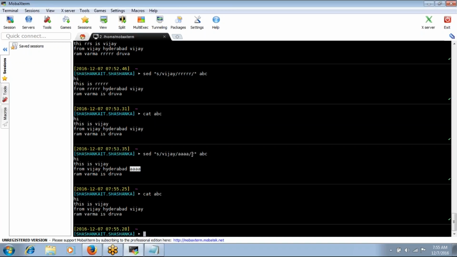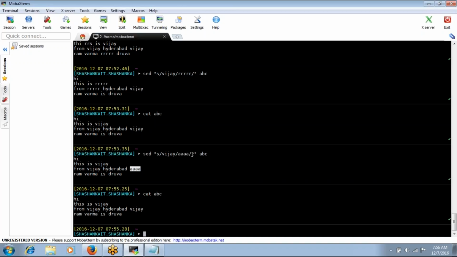If you give the G, it will be entirely global in the file, it will replace it. Whenever you are giving a number, it is talking about the occurrence at the record level. This is about record level. When you give some numeric value, then the sed command will talk about the occurrence. So it will replace it, but it will check at the record level. If I give 2, for every record, it will check that.